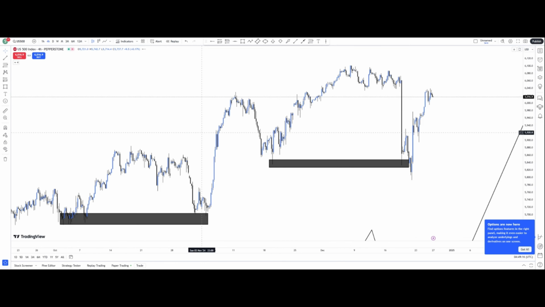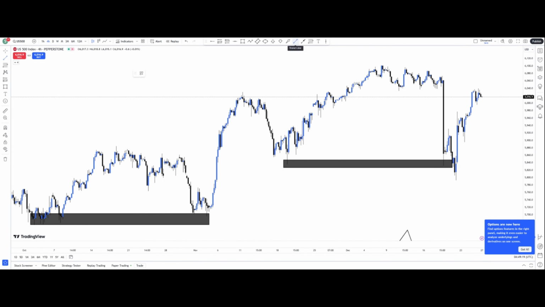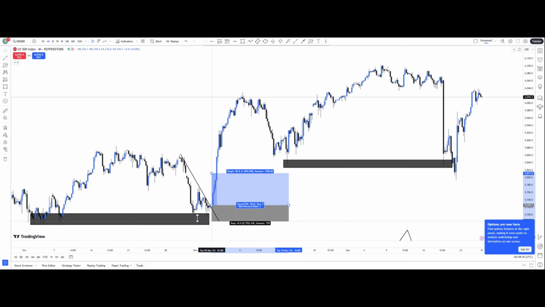For example, there are simple entry criteria, which is as simple as a counter trend line, something like this, from your demand zone. Immediately price breaks above it, you take your buy, stop loss all the way here, and you take profit, you target the swing high. And this is just a 1:5.